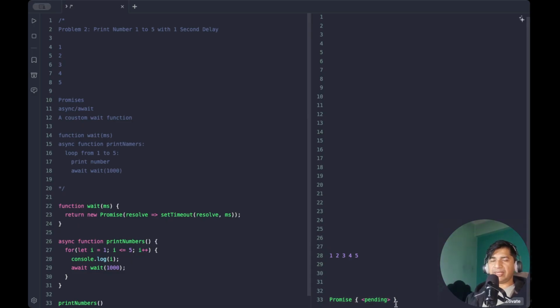This is the default console output from run.js, because by default it's returning a promise, right? Because this async is returning a promise. So once it gets resolved, it will not appear anymore. So for the first time, it's running like this. But we can also